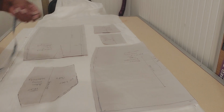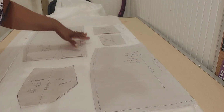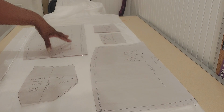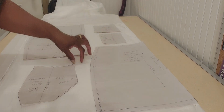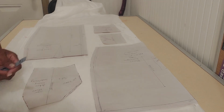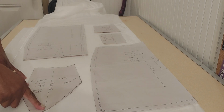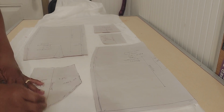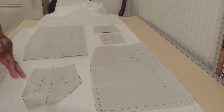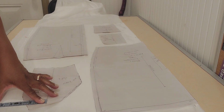Let me show you this while I'm getting ready to cut these out. I've got my grain lines on all of my pattern pieces, and I need to make sure that my grain lines are going to be even with the grain of the lining and the muslin. I'll just show you on this one right here. I'm going to pin this at the top of my grain line, and I'm going to measure it out to my selvage to see how many inches it is. And I am going with